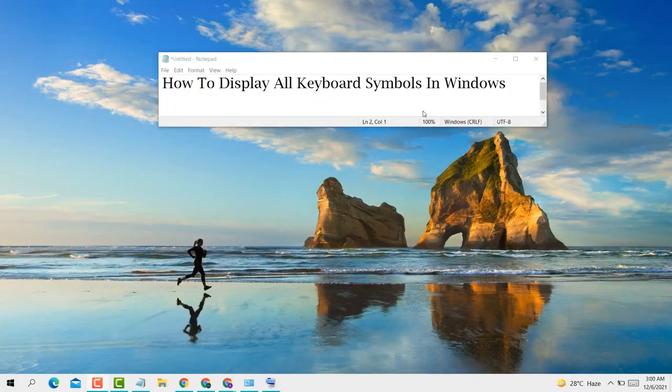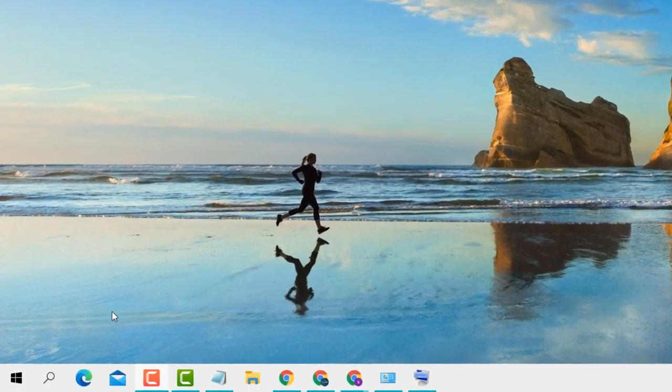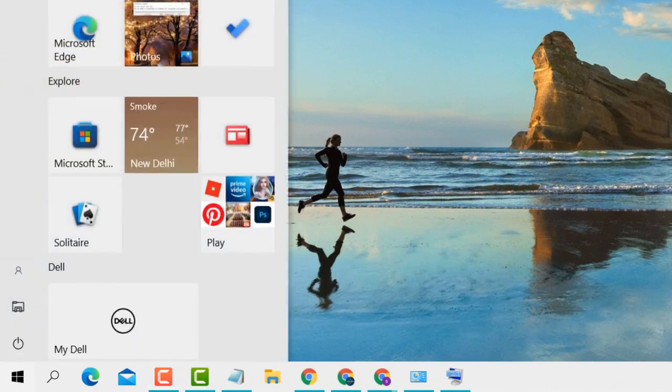Hello guys, today in this video I'm going to show you how to display all keyboard symbols in a Windows 10 PC or laptop. So guys, if you want to display all keyboard symbols in a Windows 10 PC or laptop, it's very easy. Firstly, click on Start,